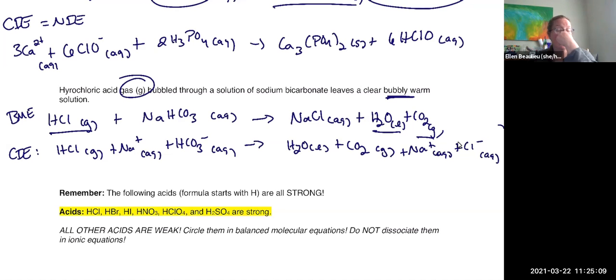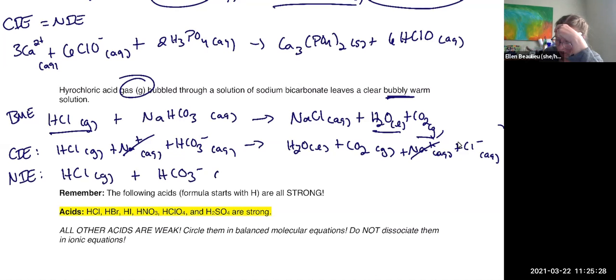And now, are there any spectators? Yes. Sodium is the same on both sides of that equation. So sodium's gone. Sodium's a spectator. We don't represent sodium in our NIE. We have HCl, HCO3 minus, yields H2O plus CO2